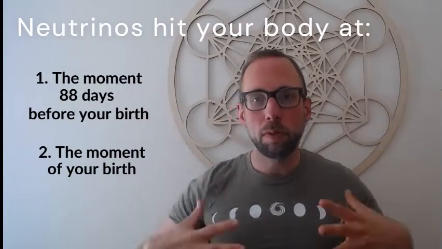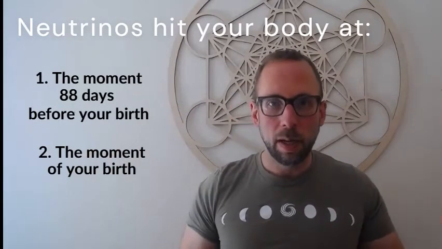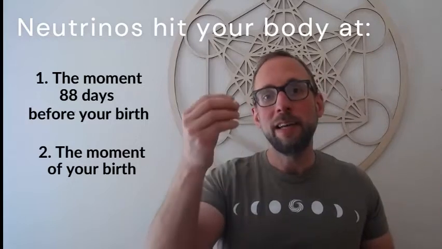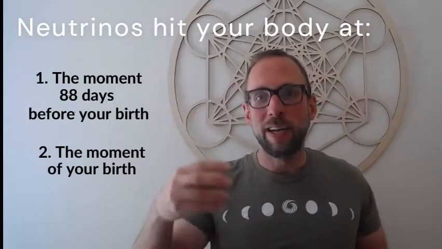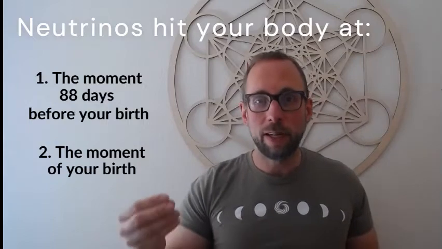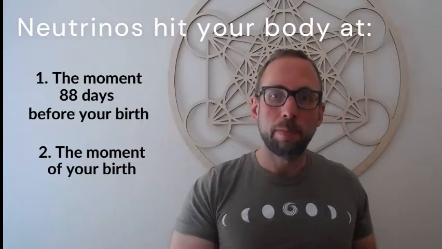So it's the moment your multidimensional aspect comes into the human fetus growing in the womb, and then the moment that you enter the world for the first time with your own unique energetic field impacting the world separate from your mom. And in these two distinct moments, the neutrino stream is hitting your little body and imprinting you with very particular information and energetics, the information of the planets. Now, the neutrinos that are impacting you the most are the neutrinos that came from the sun, because 70% of them came from the sun and then directly hit you. And then another large amount are coming through the earth, because we live on the earth.